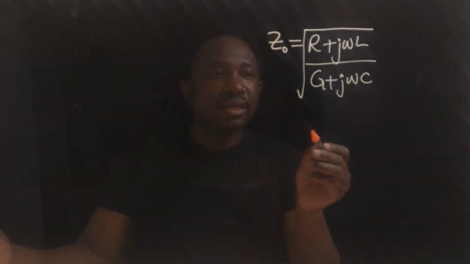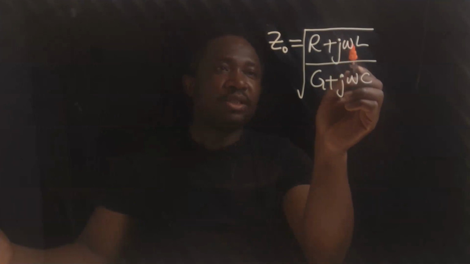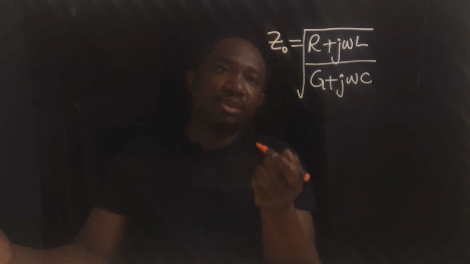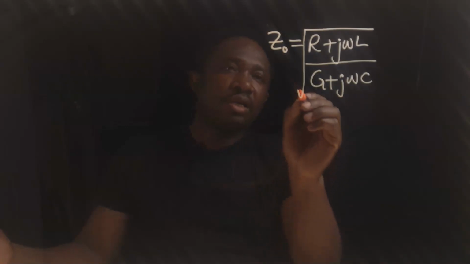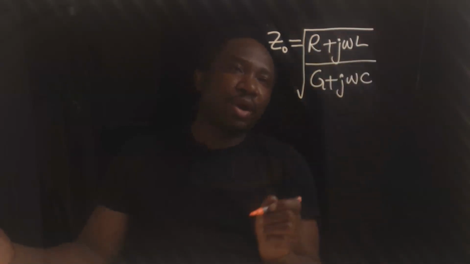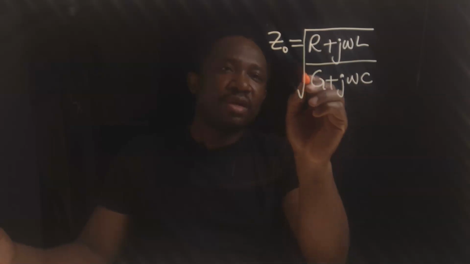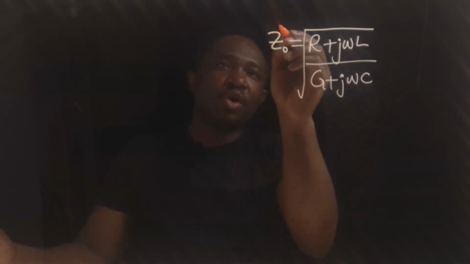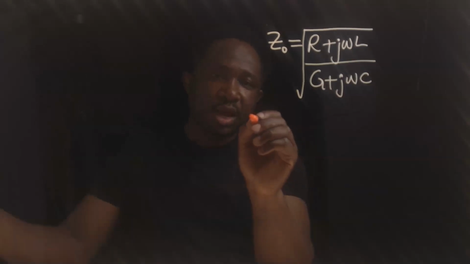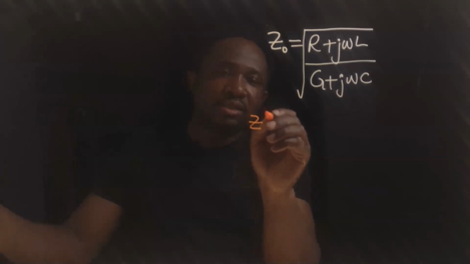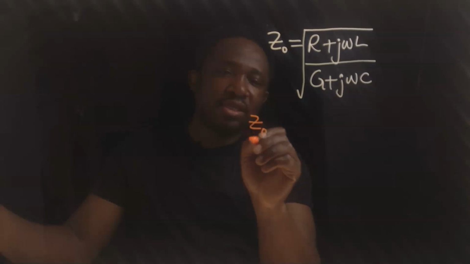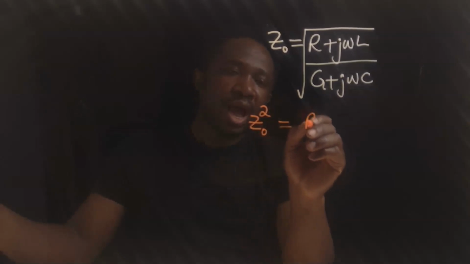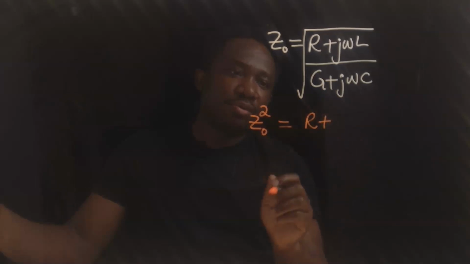We're going to make w the subject here. This is z subscript 0, and we're going to remove this square root. If square root moves across the equal sign, it will become squared, and we're going to have that z subscript 0 squared is r plus